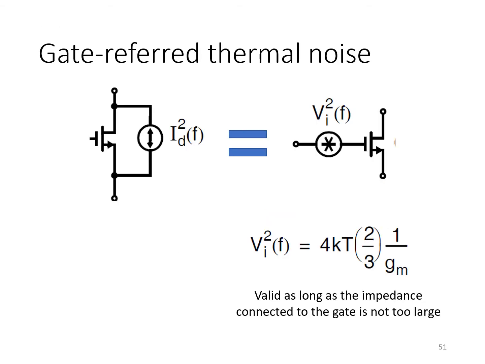So this model for the thermal noise of a MOSFET, where the drain thermal noise current power spectral density is given by 4kT gamma times gm, suggests that for lower noise, we might prefer a smaller value of gm in the transistor. But this depends on how the transistor is being used. If the transistor, for example, is being used in a common source configuration where really what it's doing is amplifying a